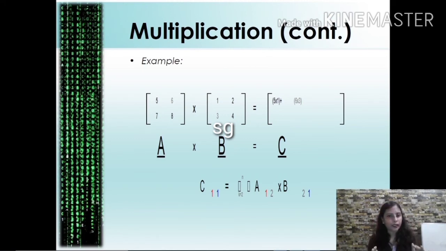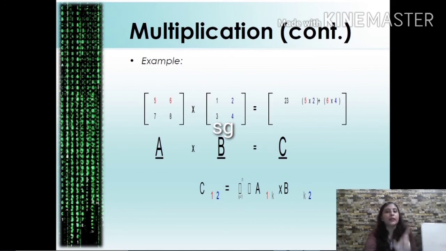That is C11. Since we have no further element present in A or in B, we end over here with C11. Next we go to the next element, that is C12, the second element of the first row of C. How do we go about it? We take the first row of A and the second column of B. We have highlighted that with red and blue. Please check here. So 5 into 2 plus 6 into 4 will give us C12.